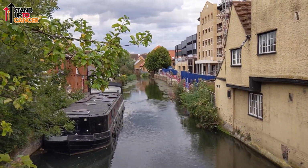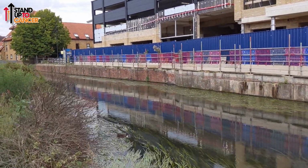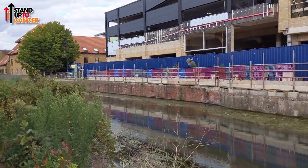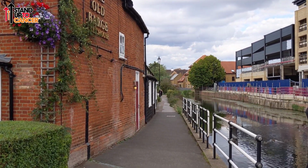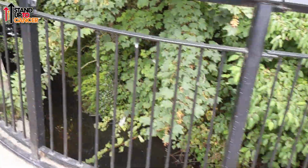There's a channel in the middle of all the weed where you could get a boat down. I'm pretty sure you'd need to have an inspection of your weed hatch once you've been up or down here. It's very pretty though. And there's a lovely, lovely pub called the Old Barge. Very nice waterside. From the north side of the Old Cross Basin, the River Lea runs just a few yards north